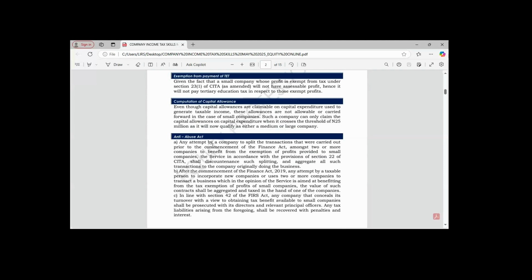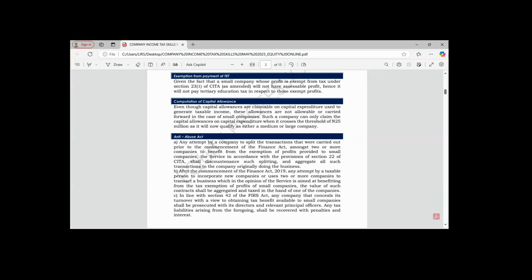What this Tax Anti-Abuse Act says is that any attempt by any taxpayer to incorporate various companies as a taxpayer, say you want to engage in manufacture of chalk, for instance, in that manufacture of chalk, you incorporate company A, you also incorporate company B, you also incorporate company C. These three companies are incorporated by